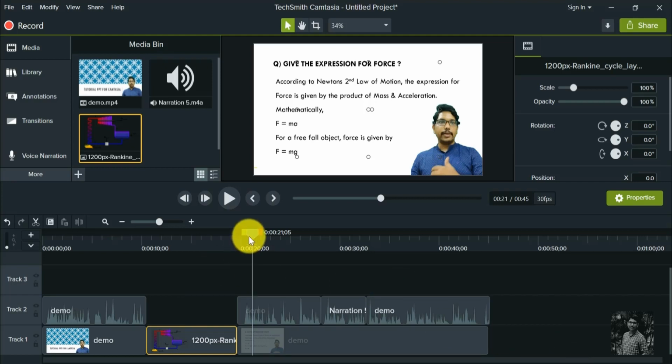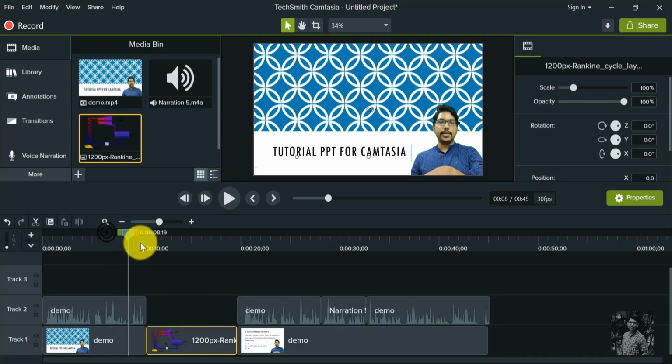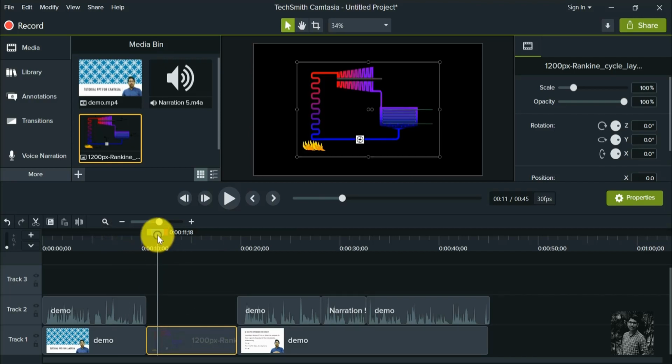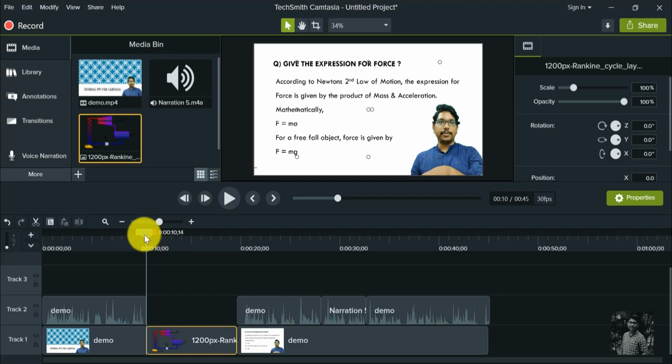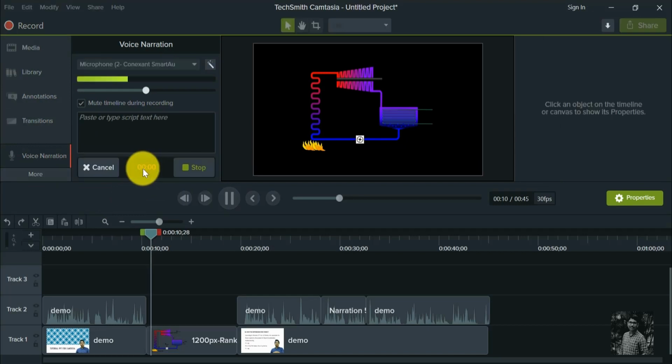Now you can observe there is a gap in the voice model. Here there is a voice model and here there is a voice model, but there is a gap. If you want to explain the image in between, what you can do is you can specify the cursor there. Okay, and you can just go to voice narration and click on start voice recording. You can explain the image here.